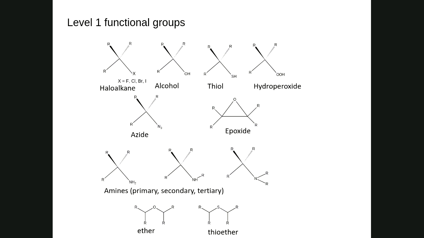Hopefully you have paused the recording as I asked you to do, and you have come up with probably similar names. We've got what we call some of the very common functional groups in these slides. We have alcohols, halocarbons, or haloalkanes. We have amines, primary, secondary, tertiary. We have ethers. You might or may not be familiar, for example, with epoxides, these ethers in a triangular structure,